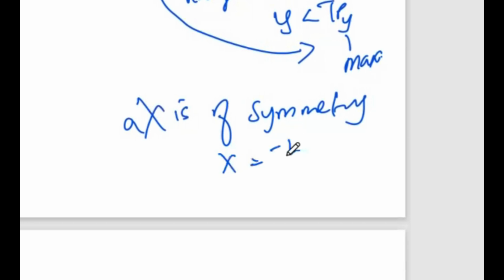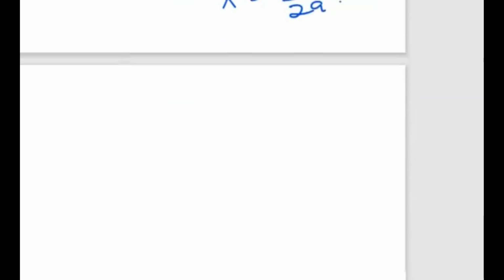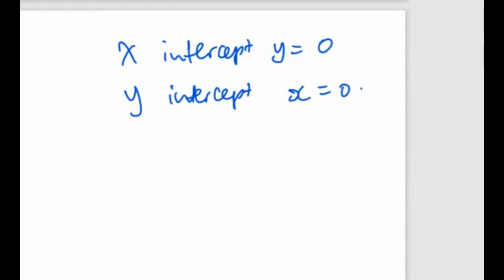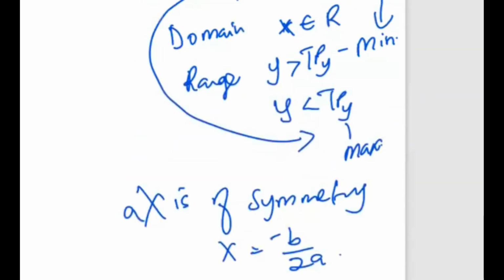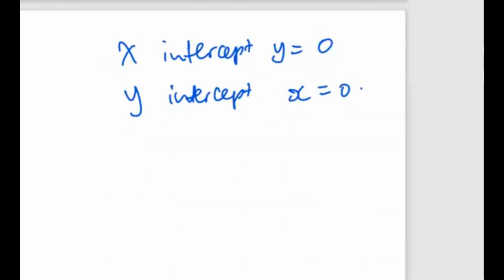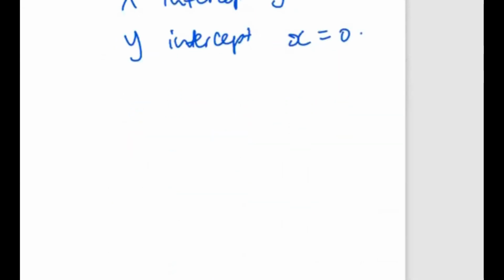It's x is equal to minus b over 2a. So that we need to know. Then the other thing is, let's say if we ask for x-intercept grade 10, just replace y with a 0. If they ask for y-intercept, then replace x with a 0 and do the calculations. So that is to do with the parabola. Know how to sketch, because sketching is going to involve getting the intercepts as well. So at grade 10, we don't really restrict learners. You can even use your table method and do the sketching.